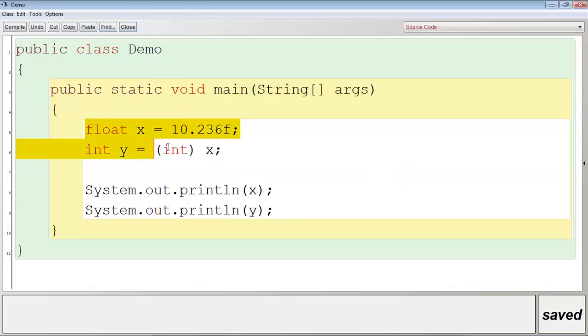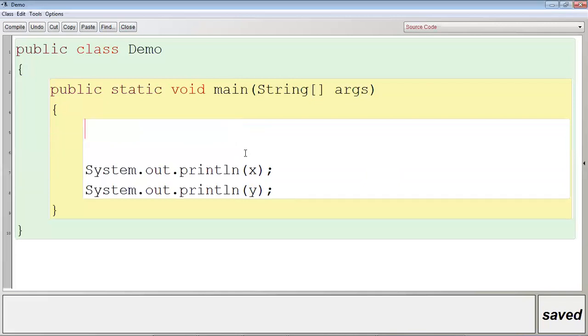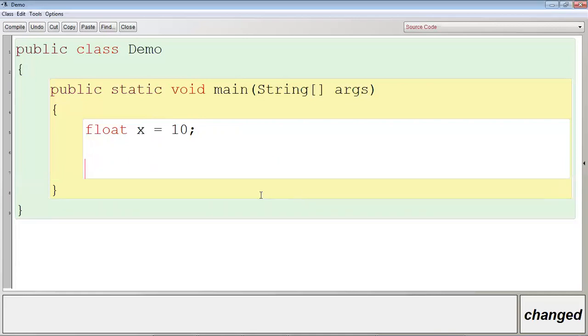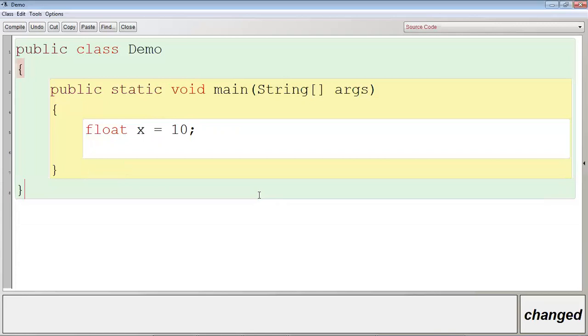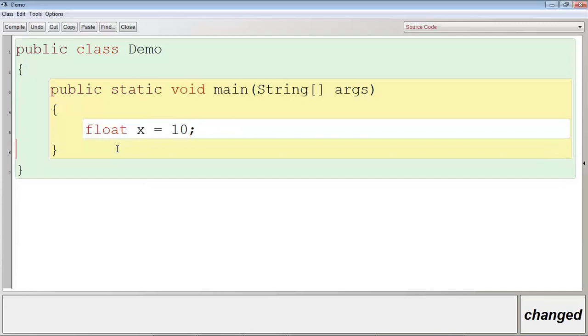Now, let me tell about float and double. See, float X is equal to, if I write 10, let me remove these two lines, okay? Now let us discuss about this only. It is very, very important, as well as very, very interesting also. Now listen, if I write float X is equal to 10, will I get any error? I will not get any error. Why? The reason is, see, whenever a compiler sees a numeric value which doesn't have any decimal point, it considers it as an int type value.